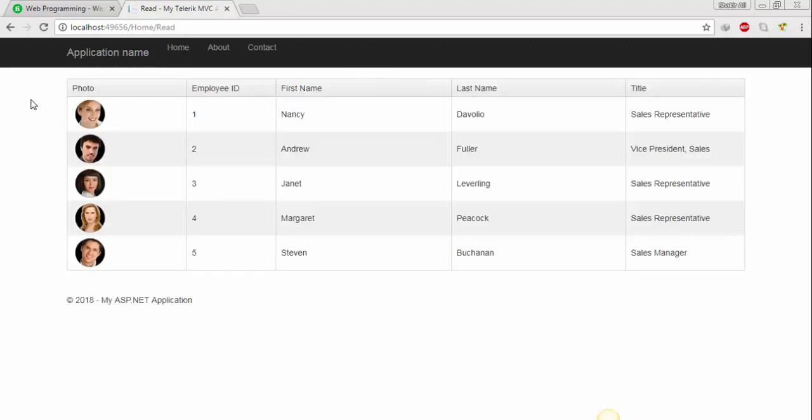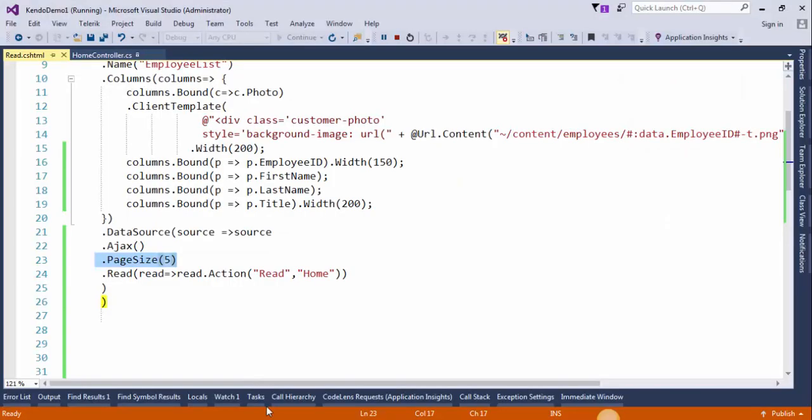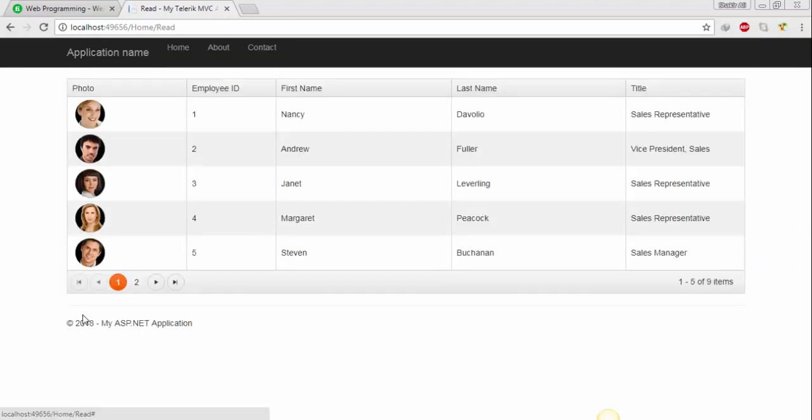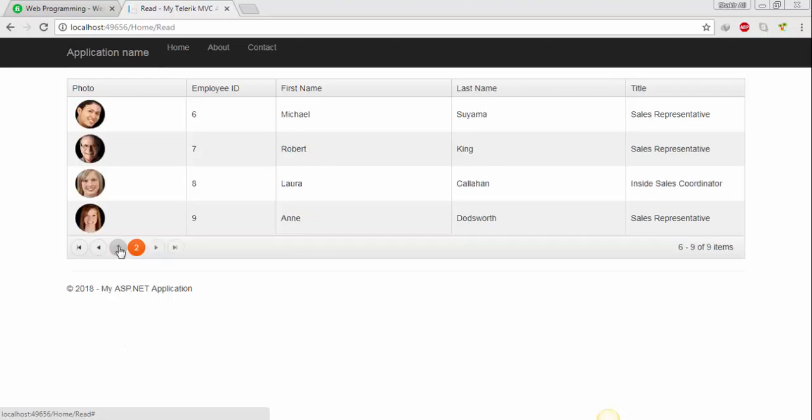Right, now I will enable the pagination. Flip to Visual Studio. Pageable, this will enable pagination. Save the changes and refresh the page. Now I can display the next 5 records. Just click on this next button. Okay,